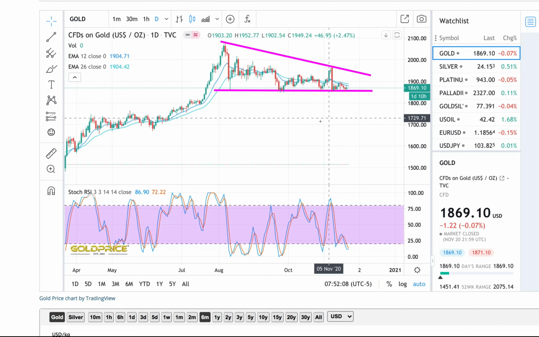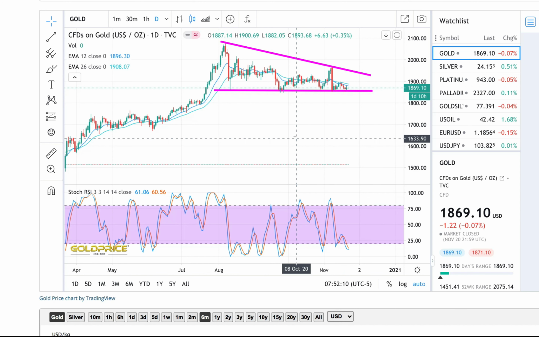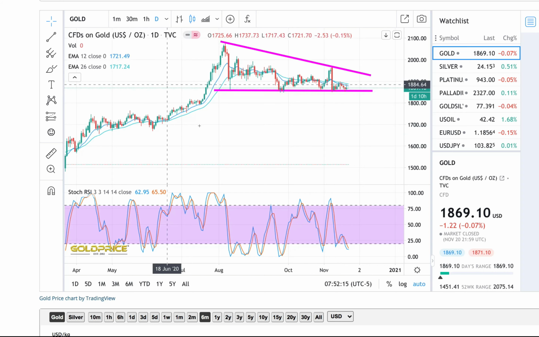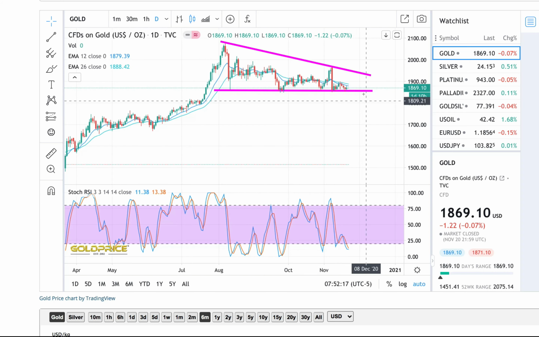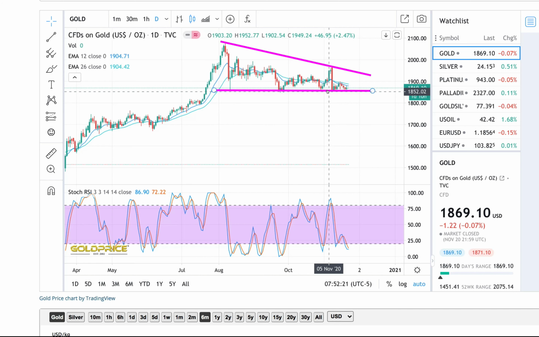And if we look at the price of gold and we do some basic technical analysis, we can see that there's sort of a testing of the bottom of gold prices around, I would say, 1850. And there is a sort of downward trend. So potentially what we're seeing is that gold is just going to trade sideways. It's going to be a very, very slow sort of downward trend as gold moves across the year until 2021. I don't think we'll see a crash in the price of gold.